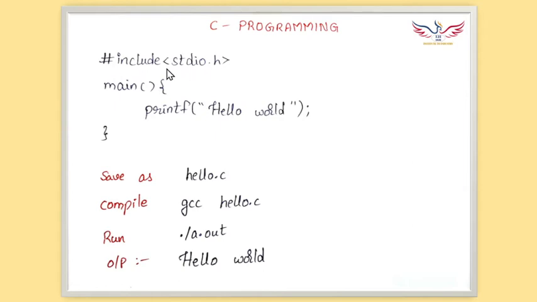This is the header file, the standard input output header file, which is included in this program. So hello.c is the file, right? In that we are including this particular header file, which contains the definition of printf. So after we include this, the compiler knows what printf is. It knows what to do when printf occurs. So on coming to this printf line, it will know that hello world should be printed